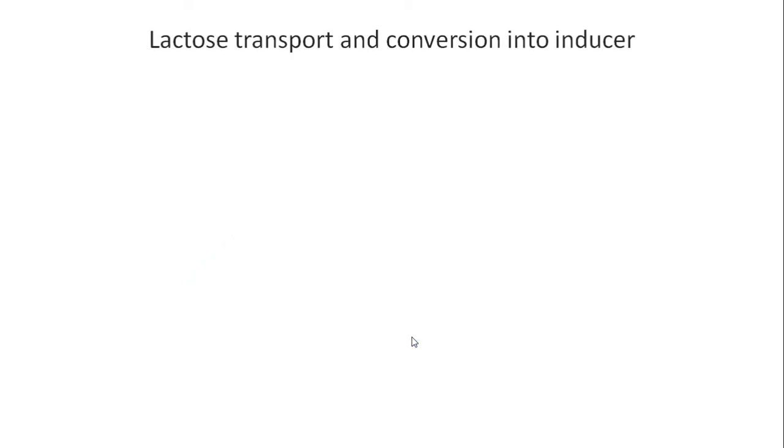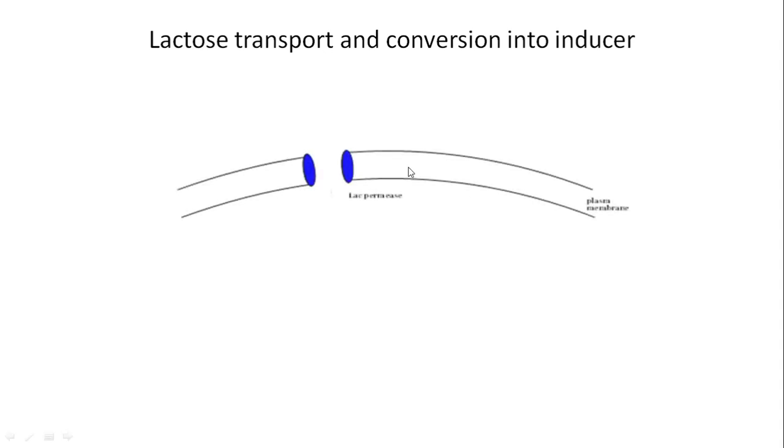Now let us see how lactose is metabolized, because we are talking about lactose metabolism. This is a bacterial membrane and this is Lac permease, or you can also say galactoside permease, the product of the Lac Operon's second gene. It is a membrane bound transporter. When lactose is added in the medium, it has to be transported into the cell through this Lac permease,